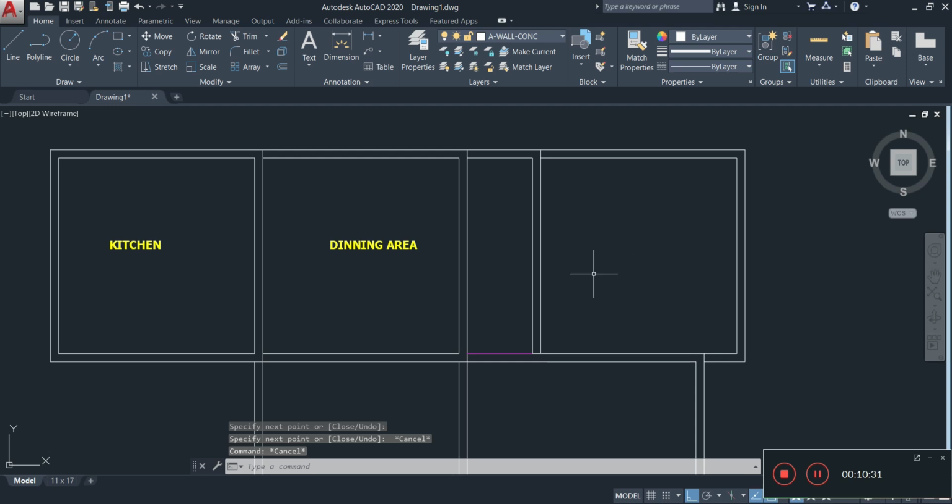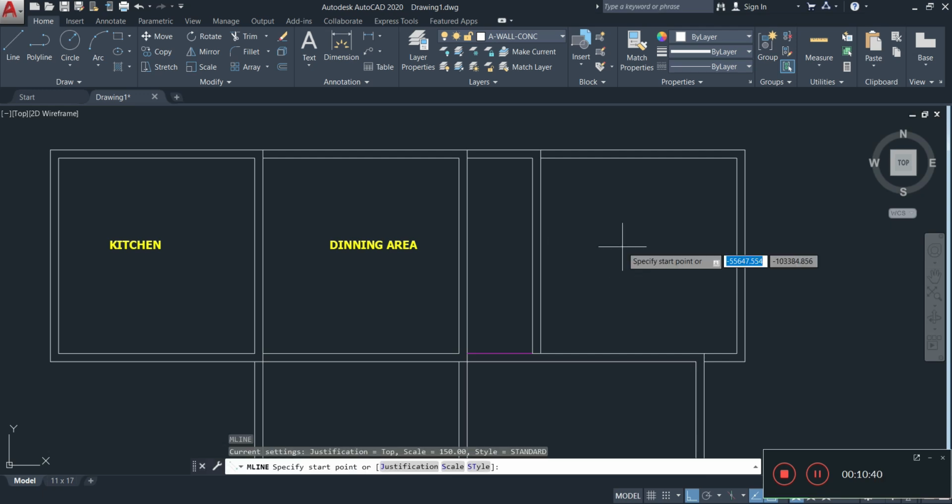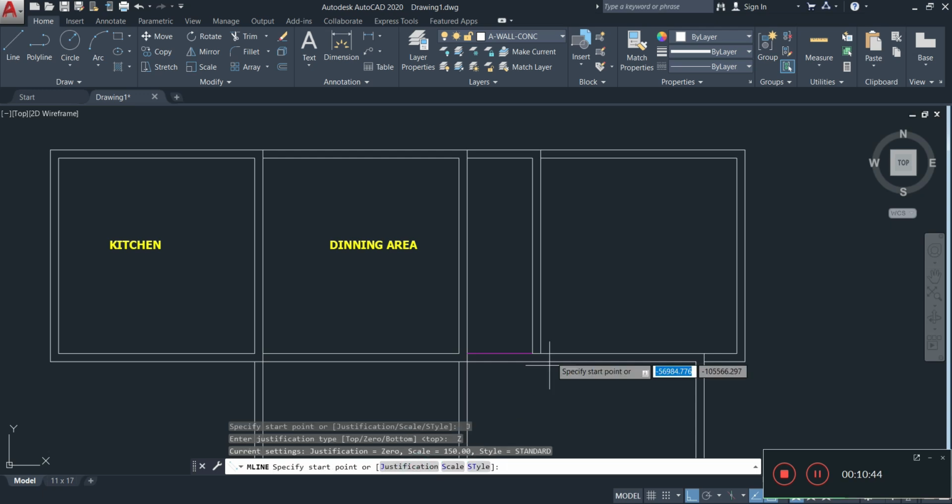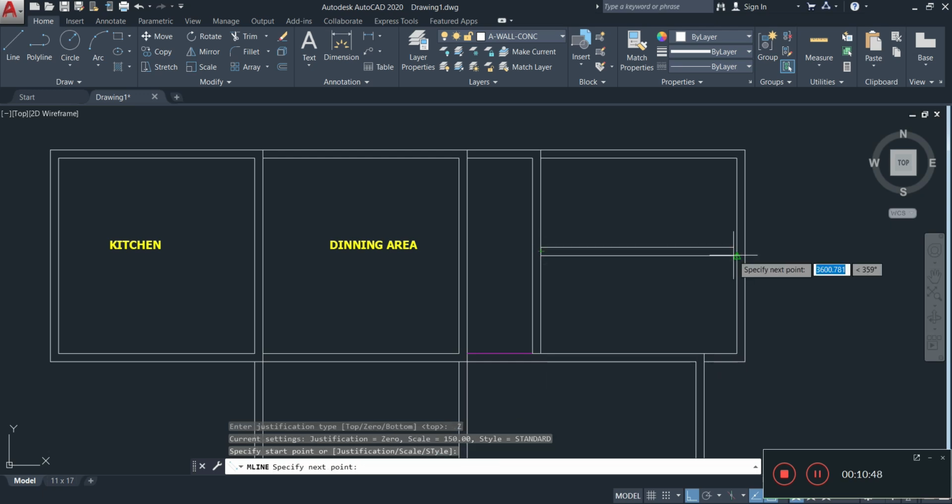Now this space is going to have 2 bathrooms. Alright, so I'm going to be drawing a line right through the middle, or a multi-line right in the center. So I'm going to go multi-line edit, and I'm going to change my justification to 0. 0 means that my cursor is going to be in the center. So this wall is now smack in the center of this